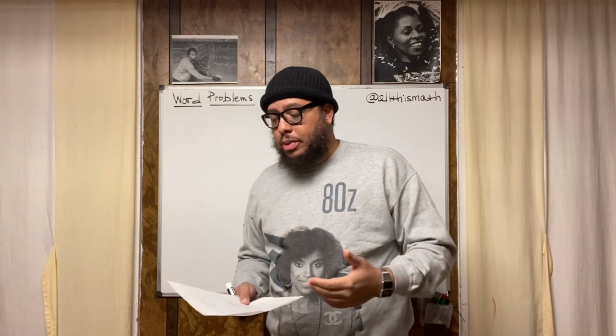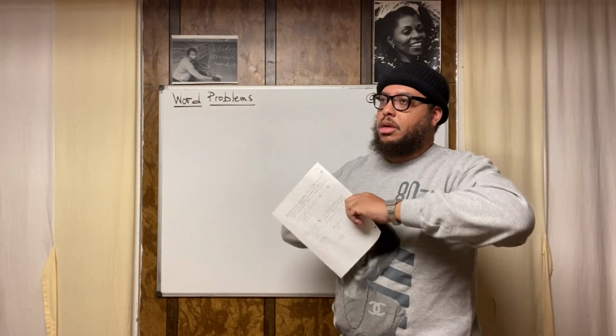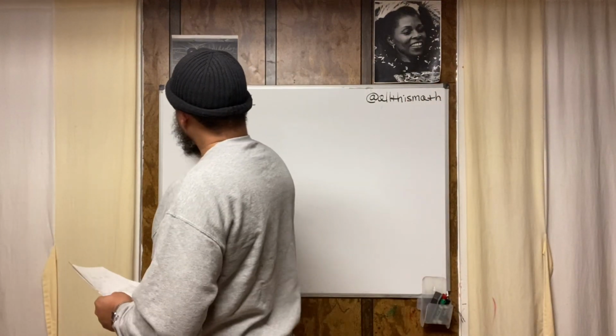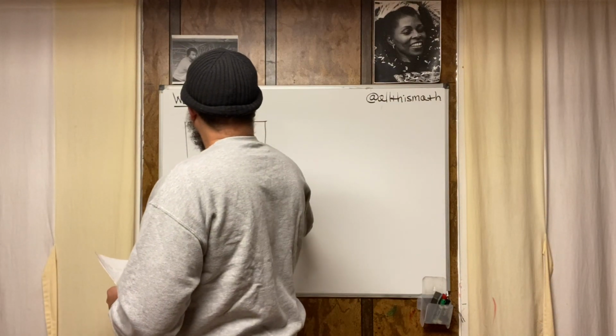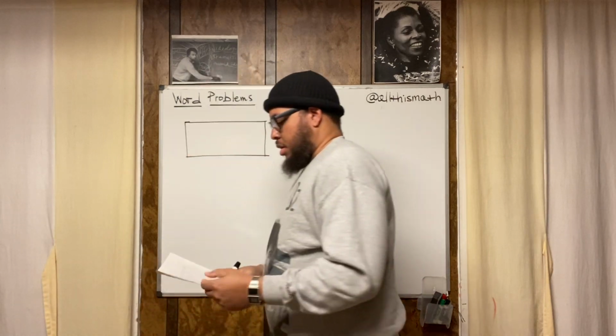So in a problem like this, what I would suggest you do is first draw a picture. Just draw a random rectangle on your paper. So I'm gonna draw my rectangle. It's gonna look like this. All right, that's my rectangle. All right, so now,